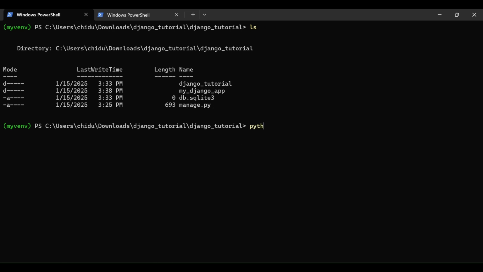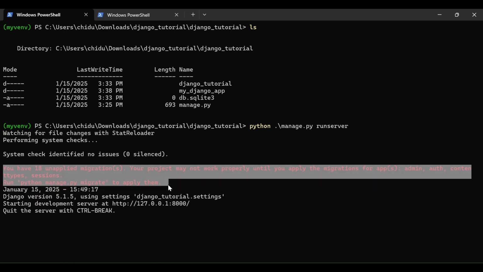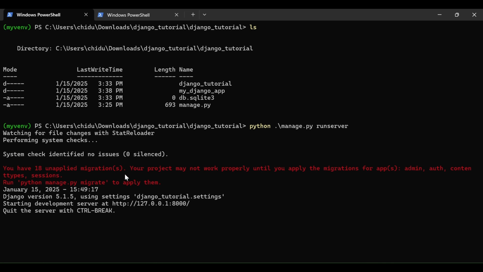And also remember when we were running manage.py runserver, you could see this unapplied migrations there. What this essentially means is that any changes you make to the database, you need to migrate the changes and make migrations for the changes. That's because when you're using the database, Django does everything for you. All you need to do is write the code and then make migrations. So to do that,